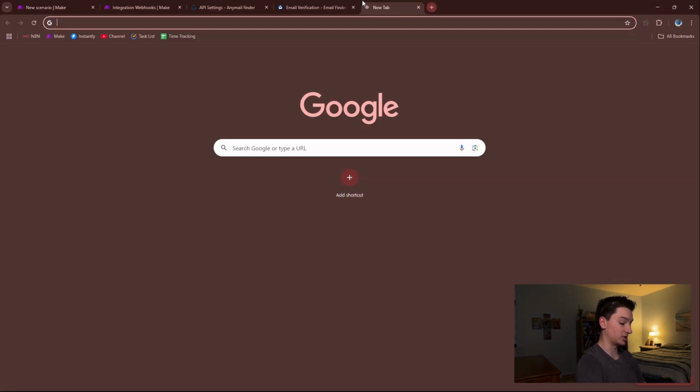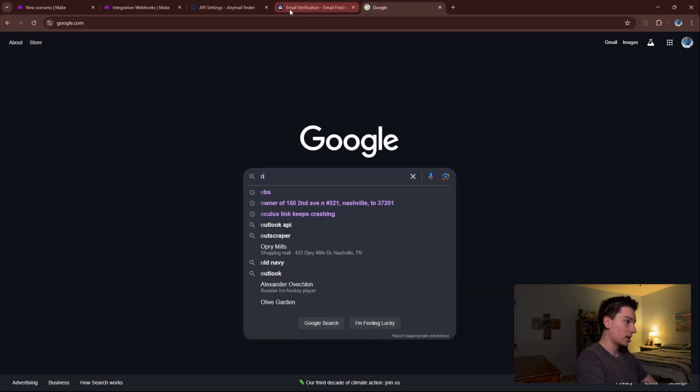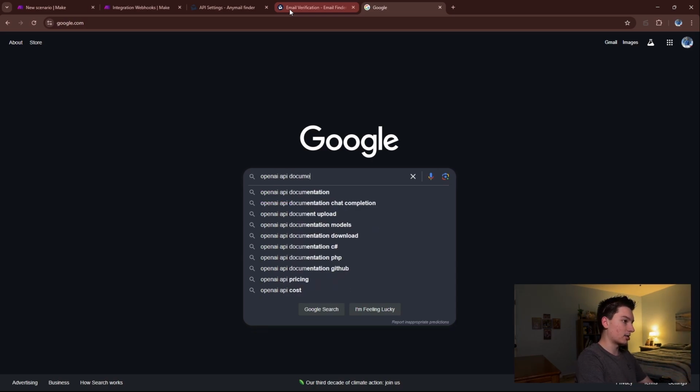Because I just think it's good to know. In the case of a new model dropping, it's really good to know. Like Claude 3.7, they didn't have that immediately built in, so you needed to know how to use the API endpoint to access it. Same thing with the newer OpenAI web search in N8N. A lot of the time, the apps in N8N don't have the built-in modules yet, so it's just good to know. So I'm going to search for, again, you just type in the platform you're searching for,